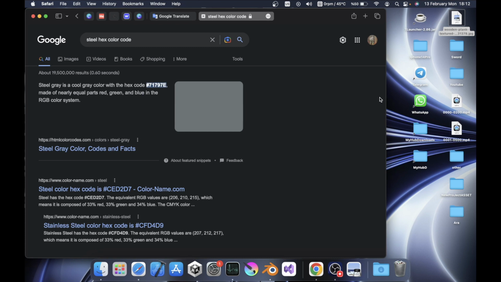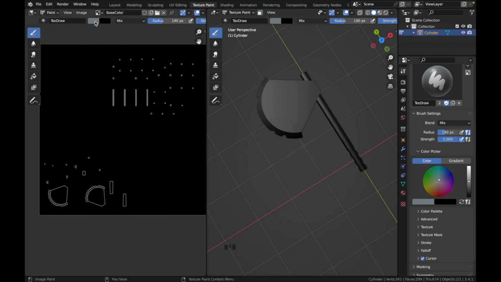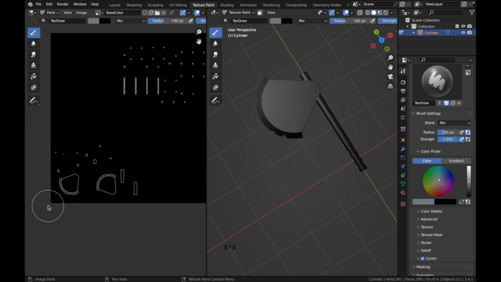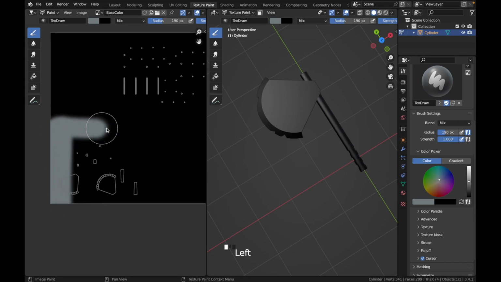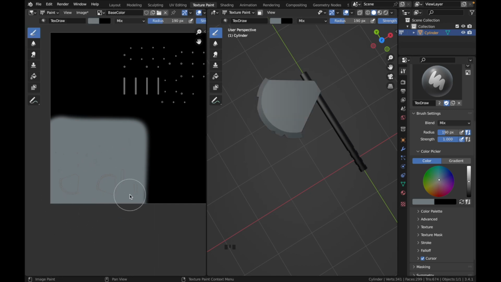From internet, search for steel hex color code and copy this code and paste it here. So now you can color your blade with steel color here, because we know this area is our blade area in our UV map,